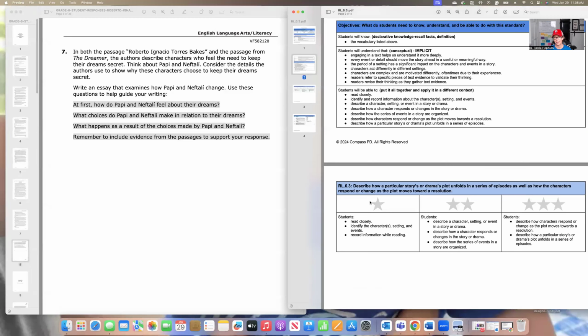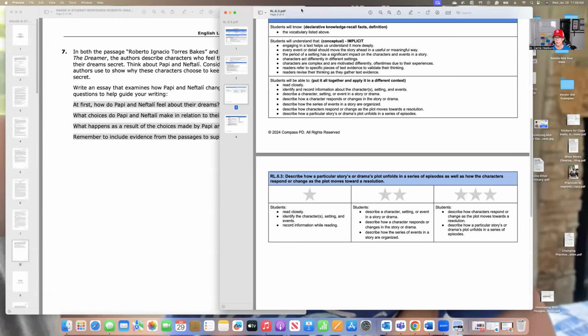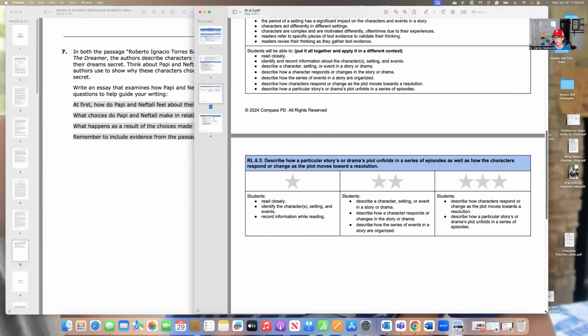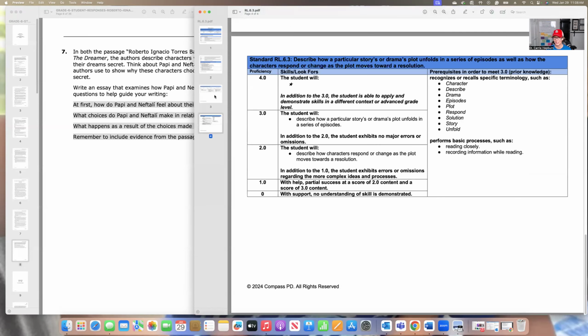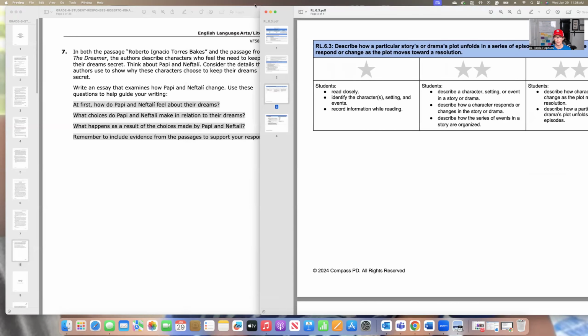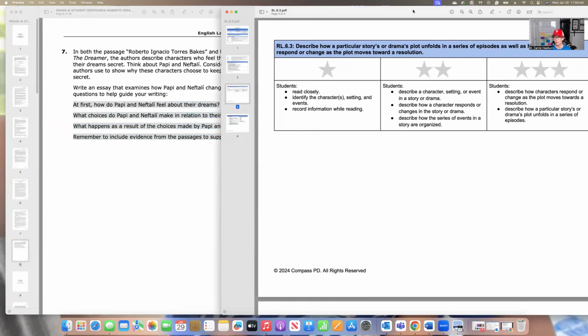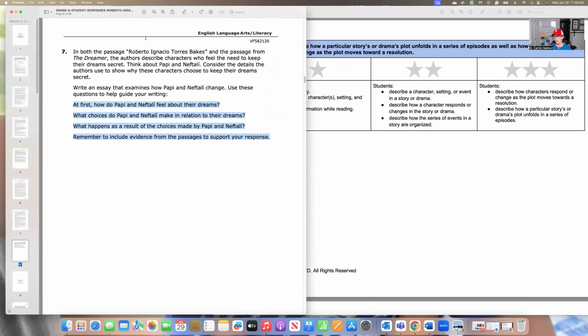We have our objectives, and then this is the tool that we're going to use today, which is the learning progression. This is really the thing that everyone loves. They do love the proficiency scales as well, but the learning progressions are what we use to assess kids in the moment, and then to design our instruction. As we look through this particular question, you'll notice that students are reading two passages, and then they'll be writing an essay about how these characters change,